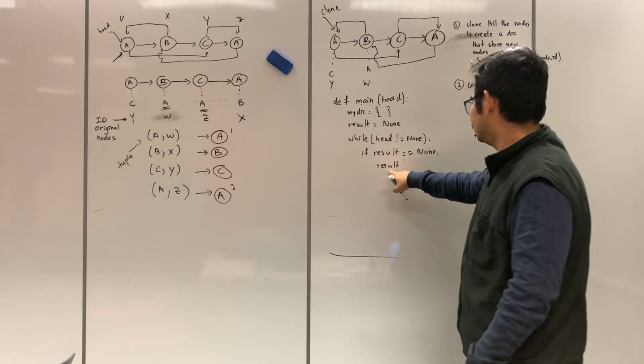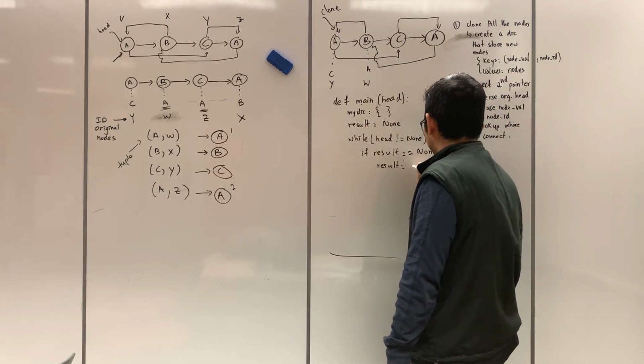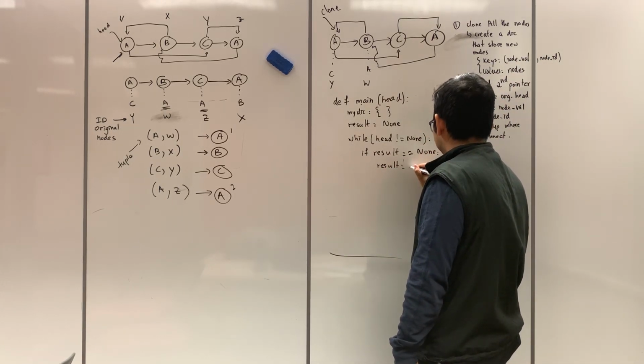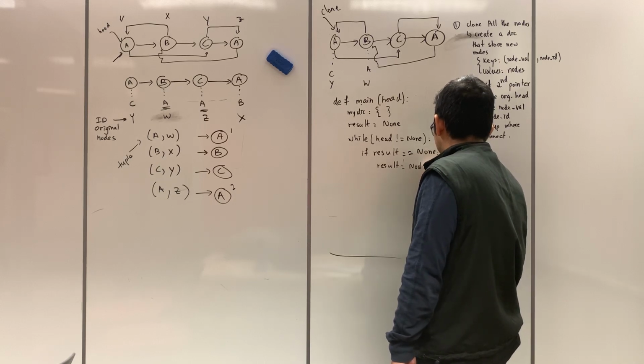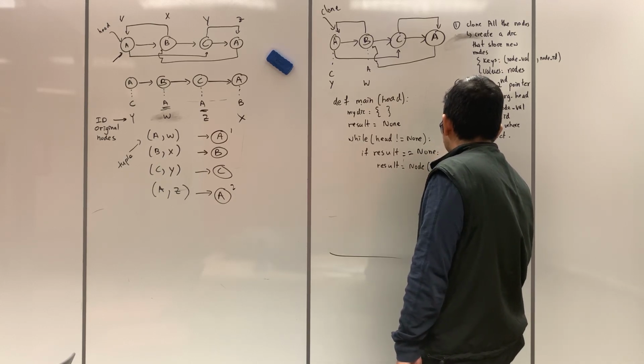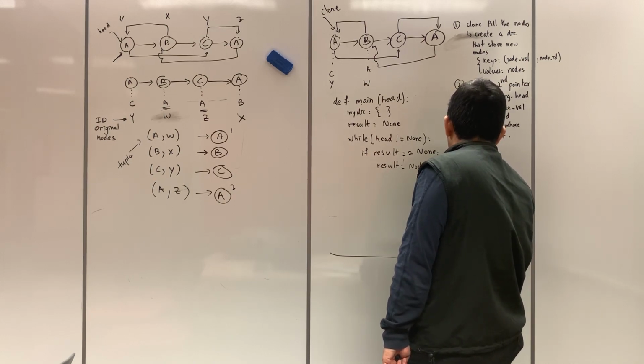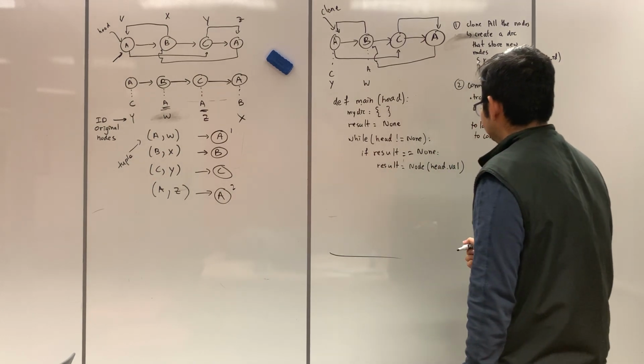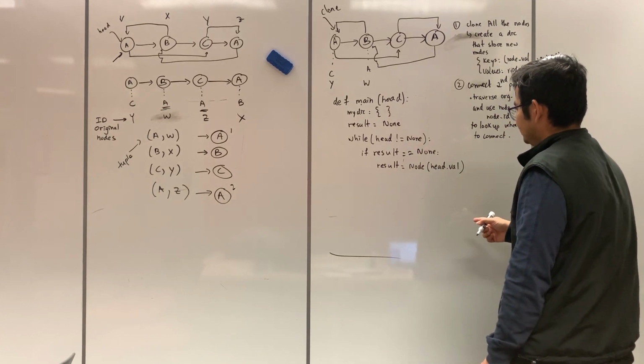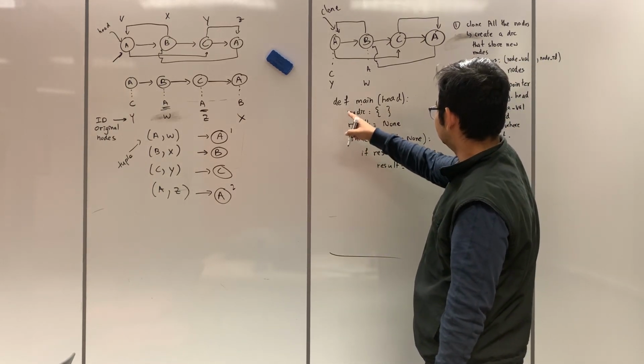We want to make result point to the node that has the value of head's value. And then we want to store